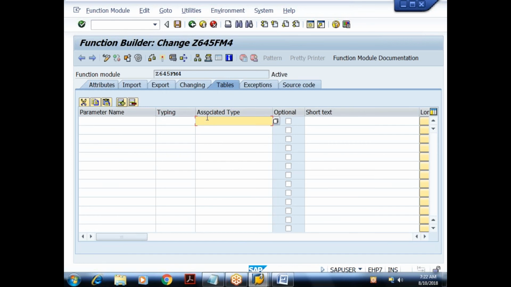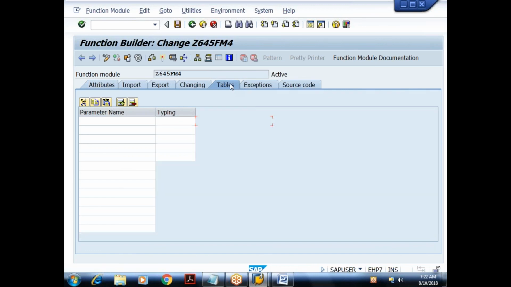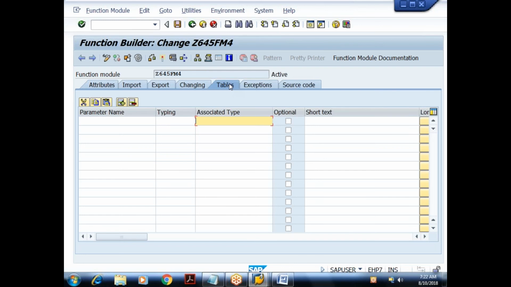At that time, we don't know how to create database structures or database tables, all those things. So just leave these tables for the time being. We'll discuss that as and when we discuss dictionary objects and other concepts. So don't worry about this at this stage. Leave it.